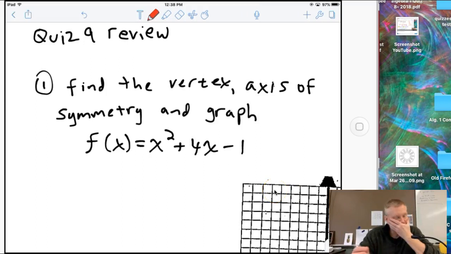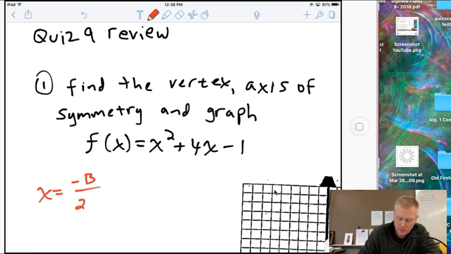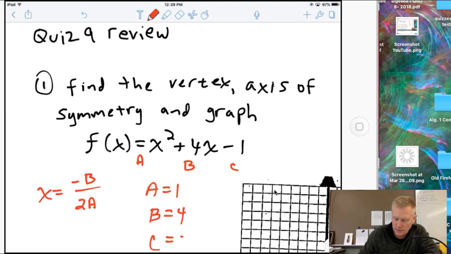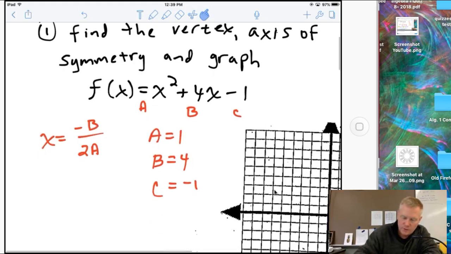Alright, so I'm going to find the vertex first. There's a vertex formula. It's x equals negative b over 2a. And a is what's in front of the x squared, b is what's in front of the x, and c is the regular number at the end. So a is 1. There's an implied 1 there. B is 4. And c is negative 1. So when I plug those values in here,